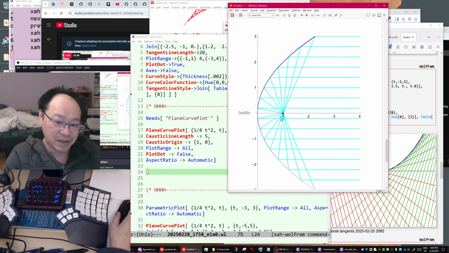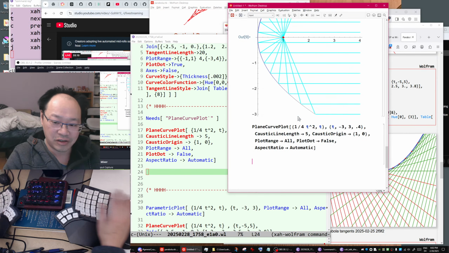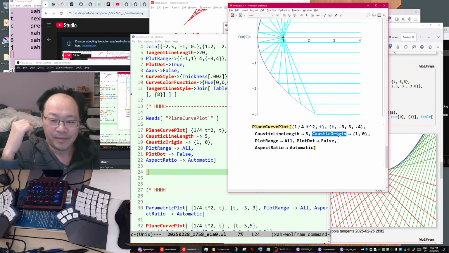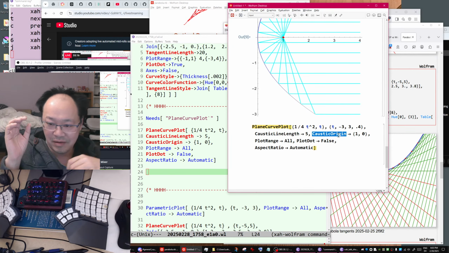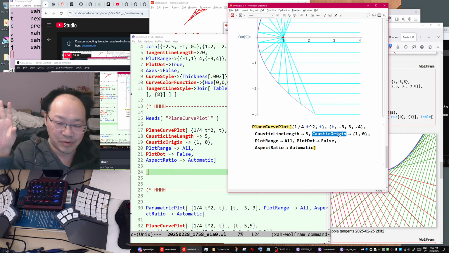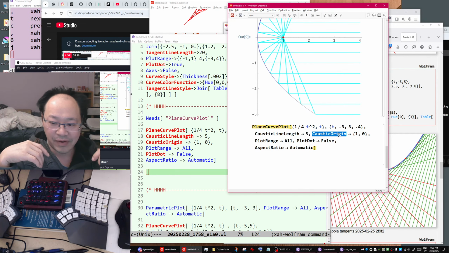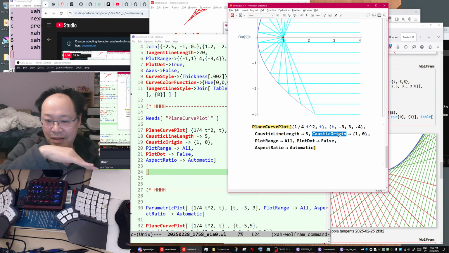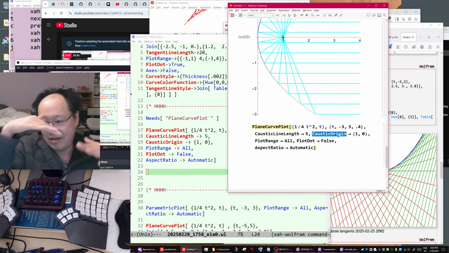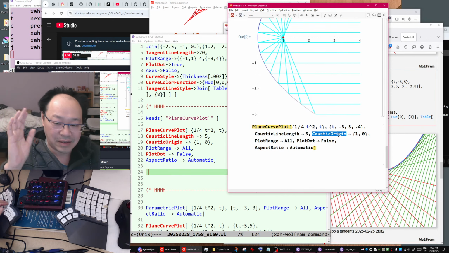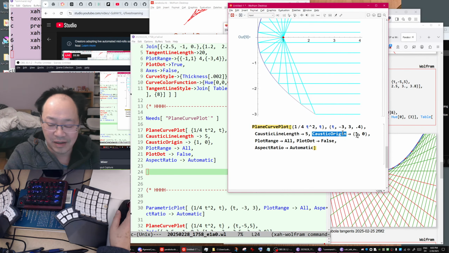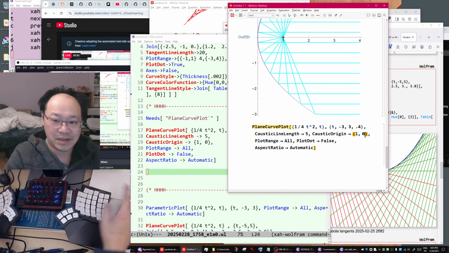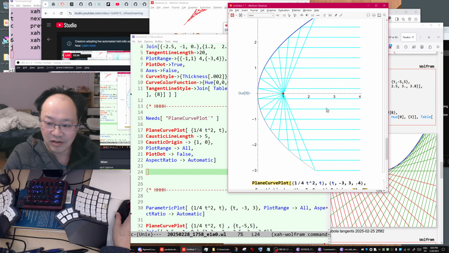You see, very interesting, because now you can change the focus, the caustic origin. Caustic means the reflection of light rays. When you have a curve that's formed by the set of lines, that's called a caustic. Anyway, basically just think of it as reflection of light rays.